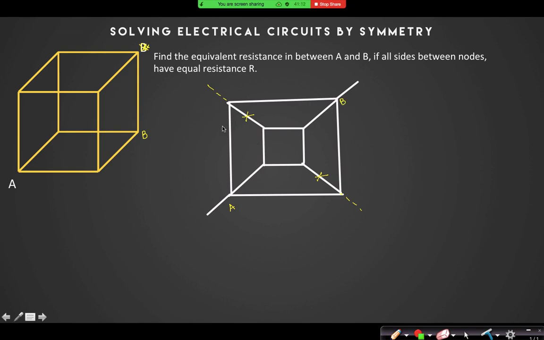Now all the resistors you will find in pure series parallel, right? R plus R, 2R and 2R, they will be in parallel, so it will form R, right? And this is 2R, 2R, again they are in parallel, so they will form R. So R and 3R, they are in parallel. So what will be the answer? R into 3R by 4R. So the answer will be 3R by 4.